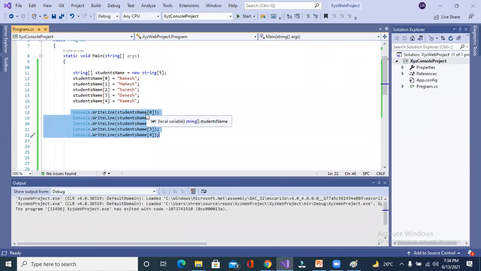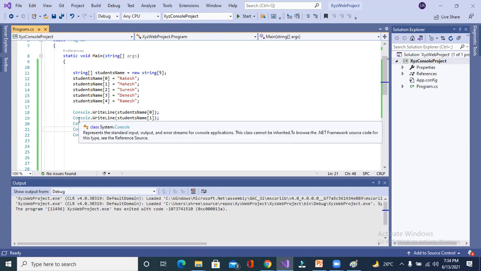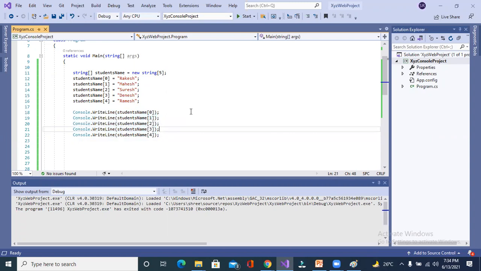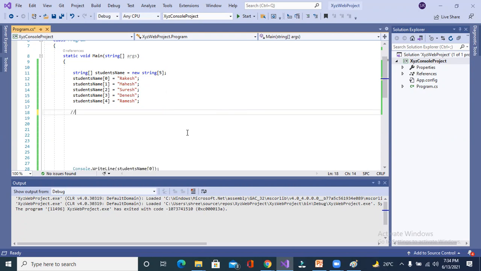But for example, if there are 10,000 records, is it possible to write the syntax for every record? Is it possible? No, sir. We need loops, sir. It will create problems. You can do so, no one can stop you, but this approach is not right. You will have to write many lines of code. So in order to avoid such problems, we use the concept of loop, right?